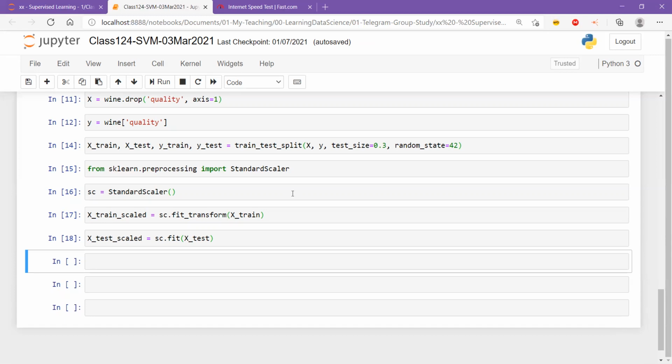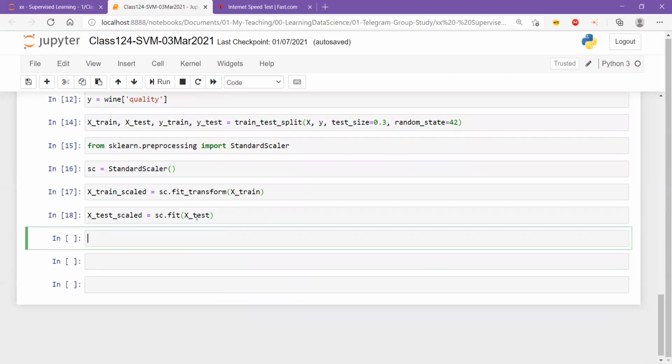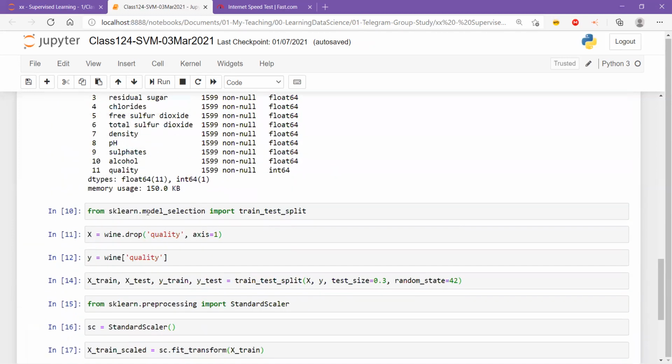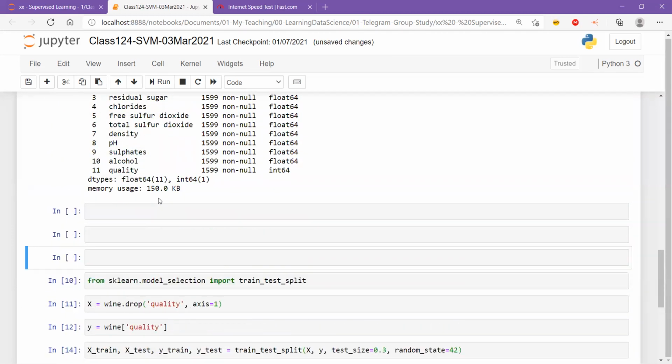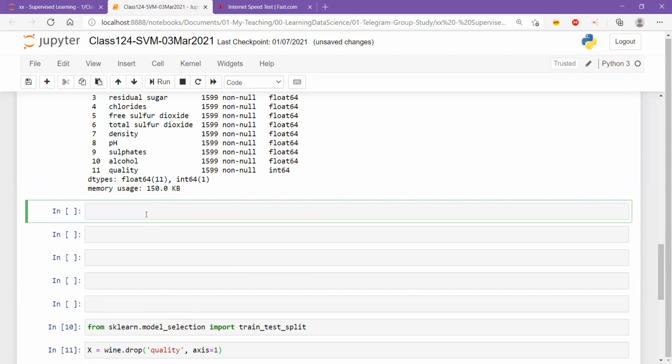Instead, now I have my Y data. I have not scaled it. I don't need to because there's a classification problem. I don't have to do that. So what I'm going to do now is I'm going to look at my data first once, and then I will go ahead further. I should have done that earlier. So let me just look into my data first.